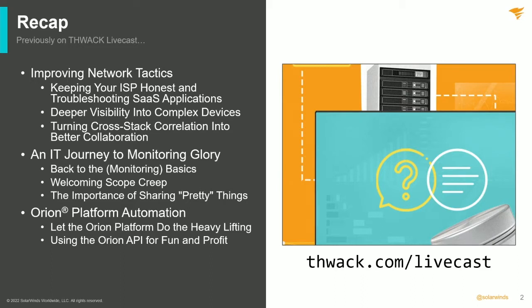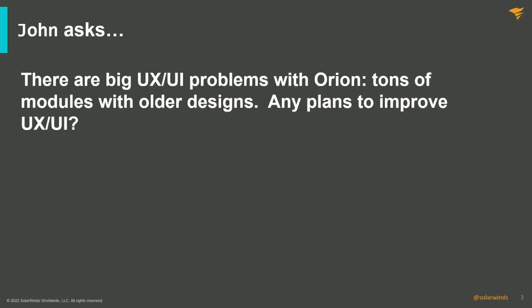And then most recently, we had one about Orion platform automation, ways you can take advantage of how the platform does automation for you. In addition to that, it was one where we start digging into the API very, very lightly. There's lots and lots you can do there, but we've really just touched the very basics of it. So we're going to start off with our questions.